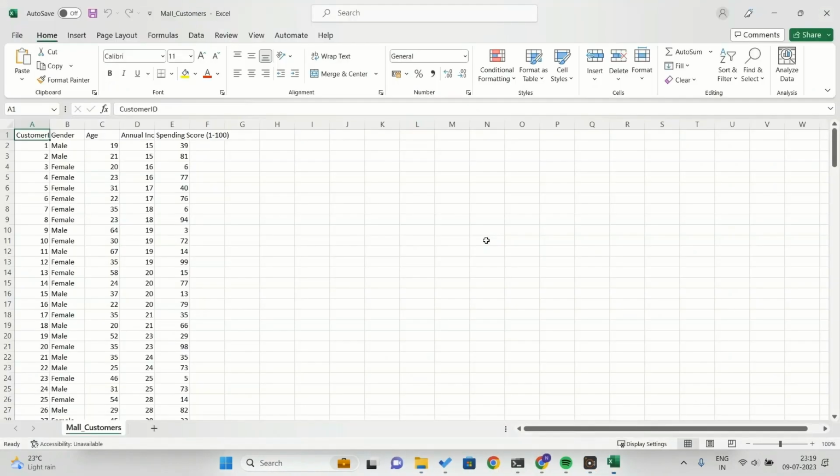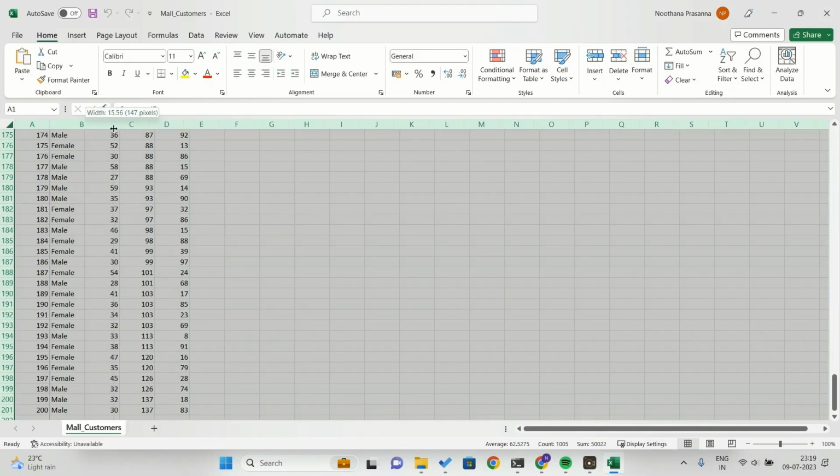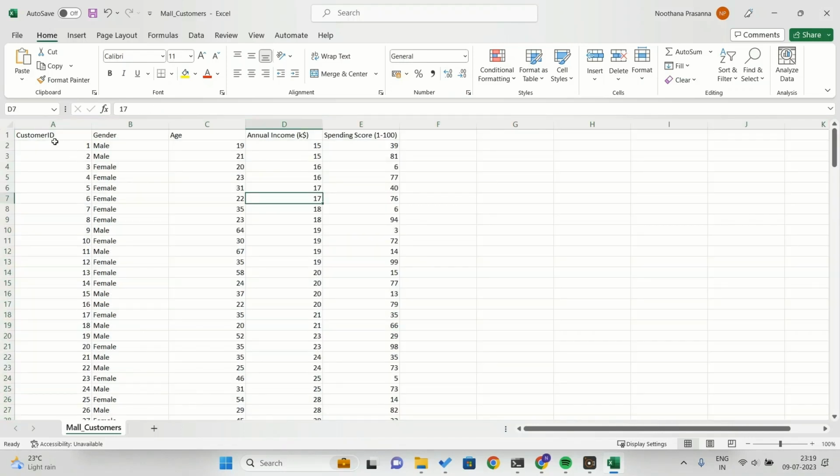So today we'll be checking out more customers data set. So we have four different columns: gender, age, annual income, and spending score. So yeah,